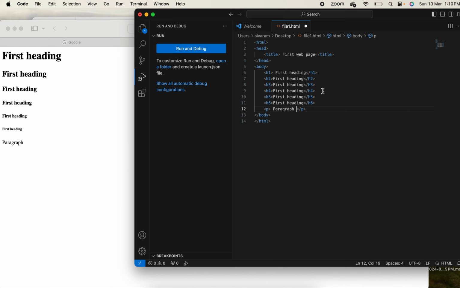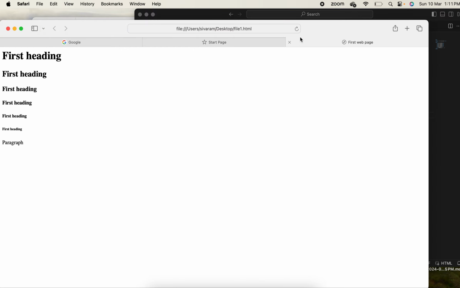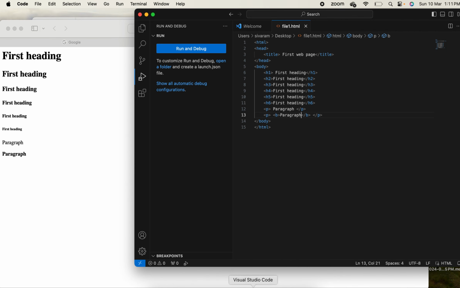And then after that, we have text formatters. For suppose I want the paragraph to be in a bold way, text formatting. So in the paragraph I'll be using B as in bold, and just understand the difference. So the paragraph we got in a bold way, and if I want it to be in italic,